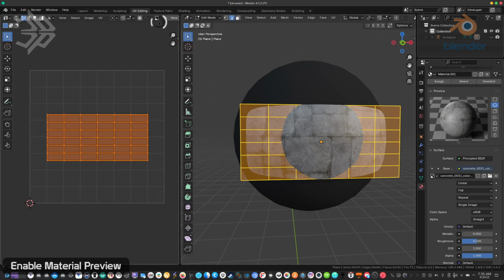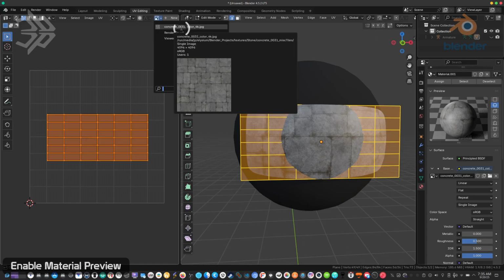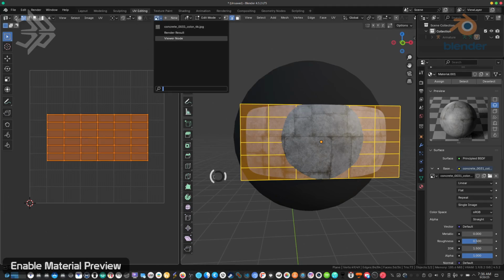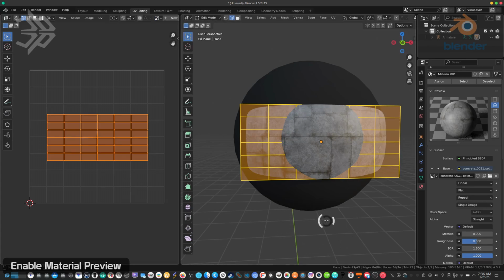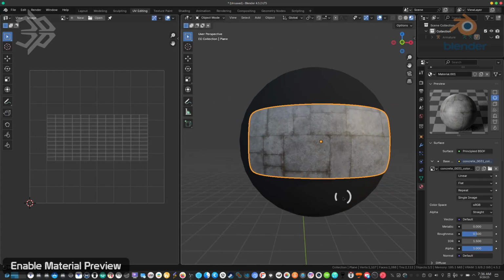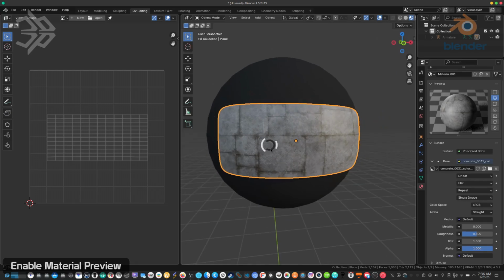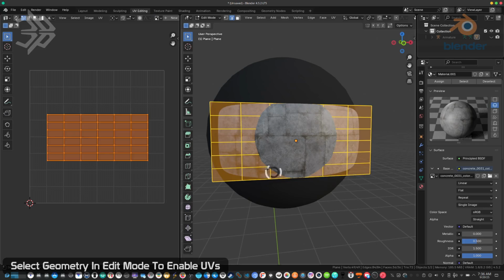You can, if you want to, go to the little image tab here and choose the image from the pull down here, and it'll display it in the window. But ultimately, you only really need to see it on your surface, which I have displayed here on my right. And my UVs are already laid out, but if they weren't, I could just select all of my UVs